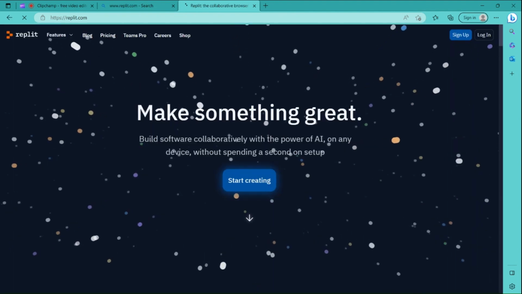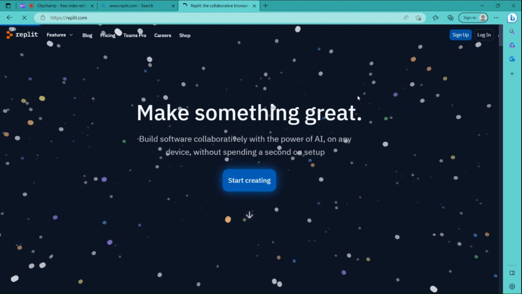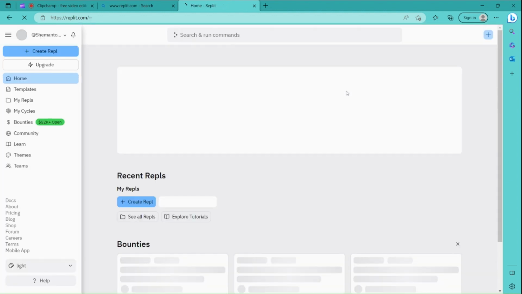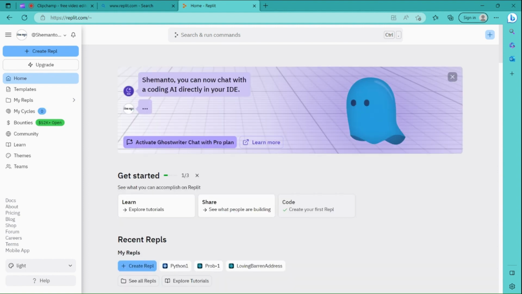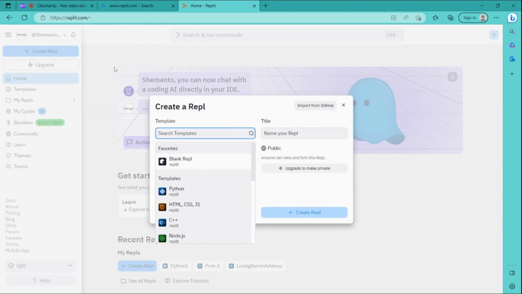Once you are on the website, click Start Creating. You have to create your account if you have not created one on Replit.com. After creating an account, you will find Create Replit. If I click on the Replit, we will find this template as we are creating a Python program. So we will type Python